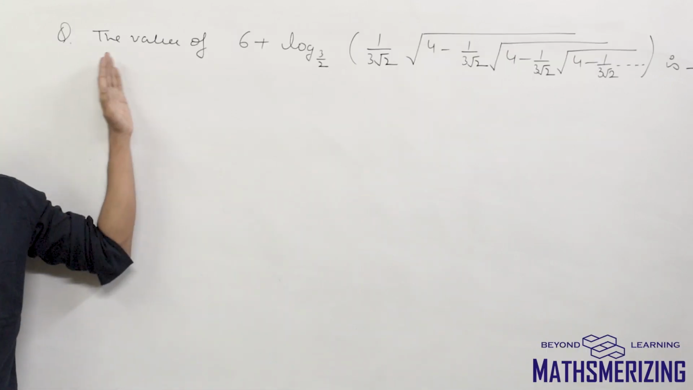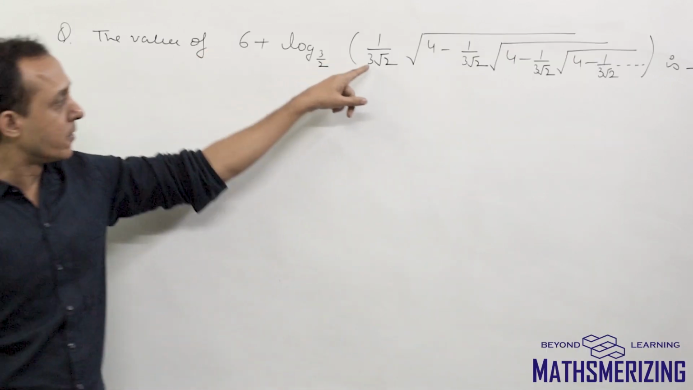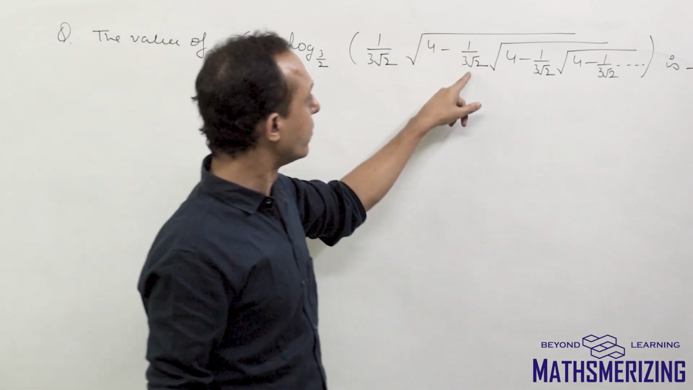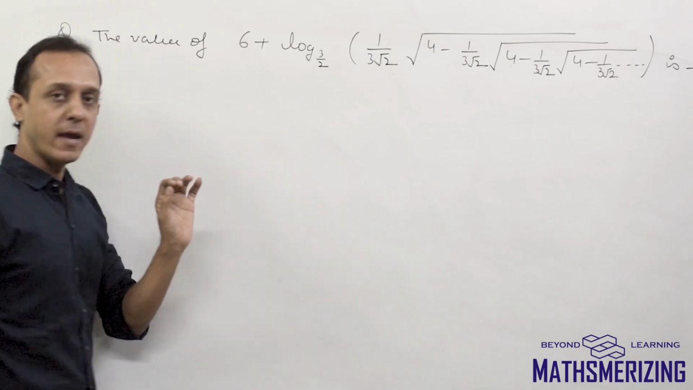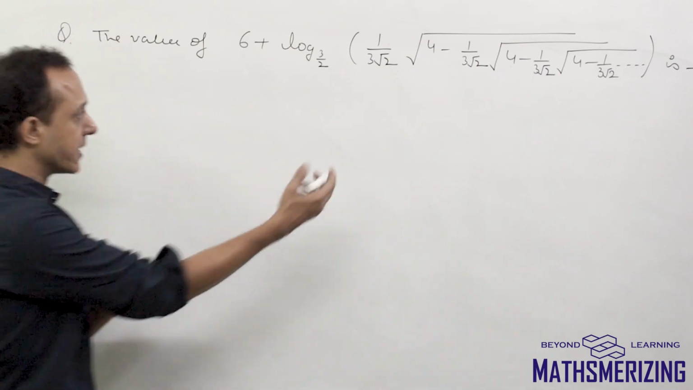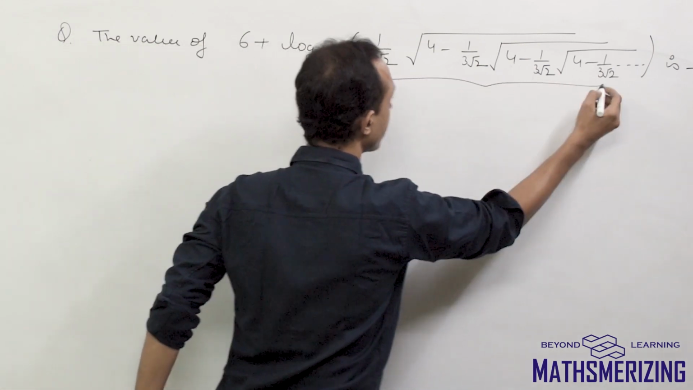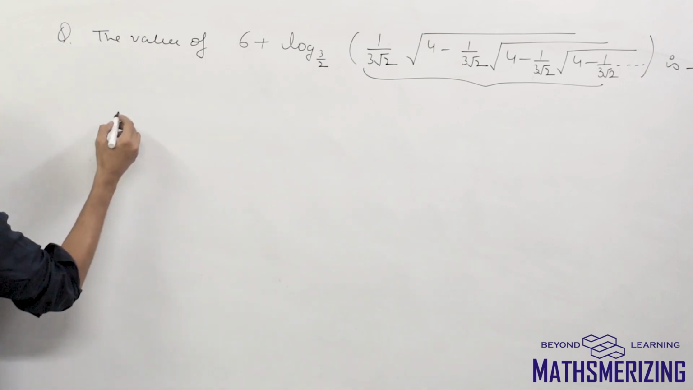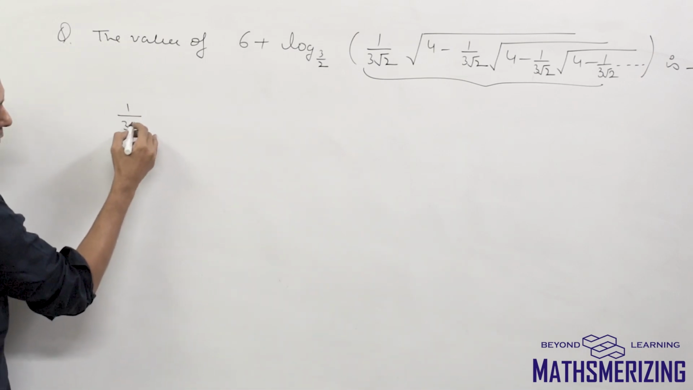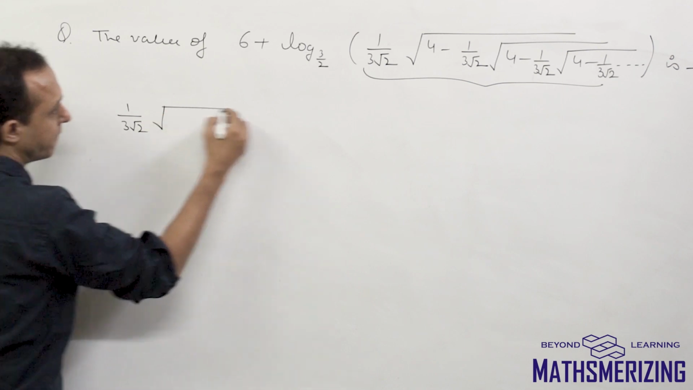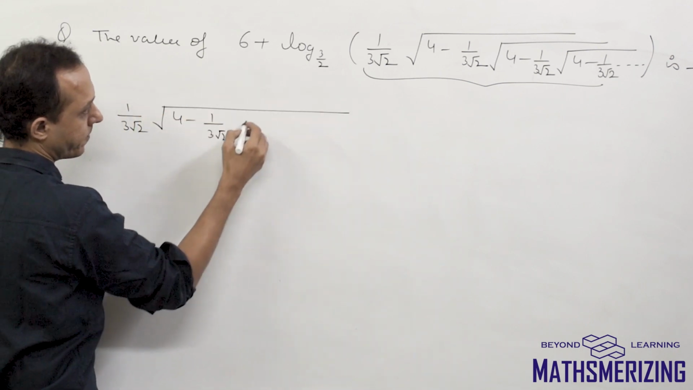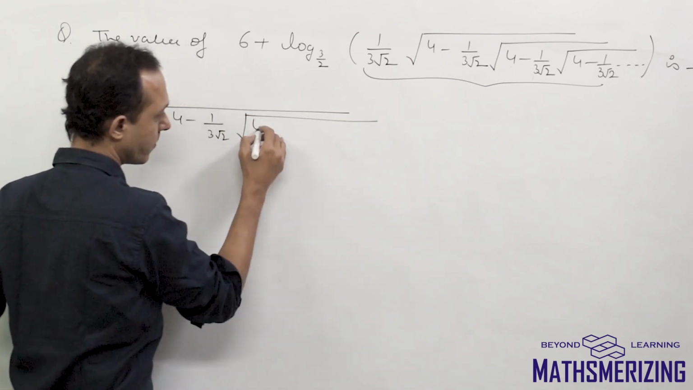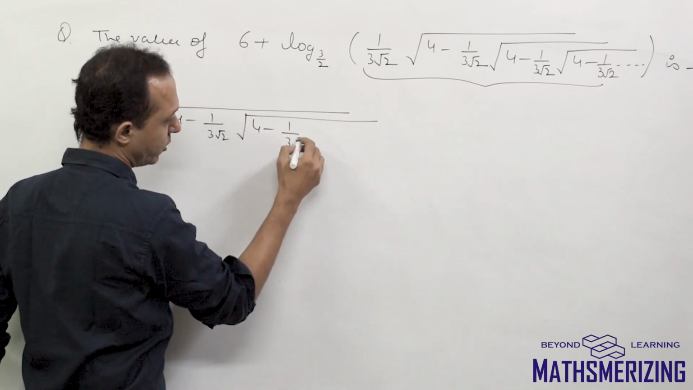Now the question is, find the value of 6 plus log of 1 upon 3 root 2 under root 4 minus 3 root 2 under root 4 minus 3 root 2, and it goes on up to infinite, to the base 3 by 2, and I need to find its value. So what I'll do is, I'll start with this series. So I'll write this as 1 upon 3 root 2 under root of 4 minus 1 upon 3 root 2 under root of 4 minus 1 upon 3 root 2